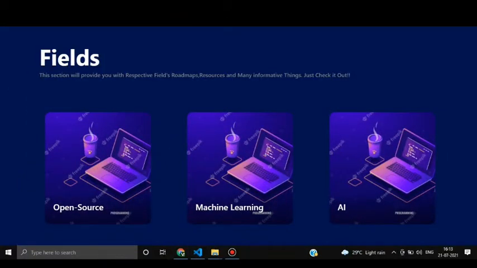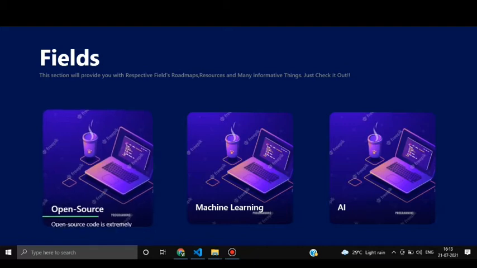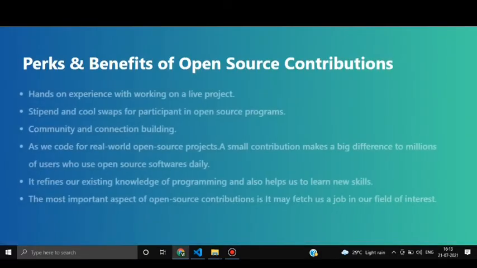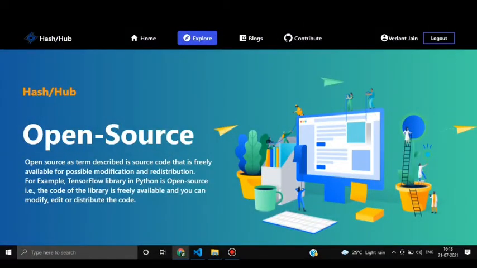Okay, so this is the field section. This section will provide you with the respective field's information. For example, we have open source; if we click on learn more, you will get brief information about that field.